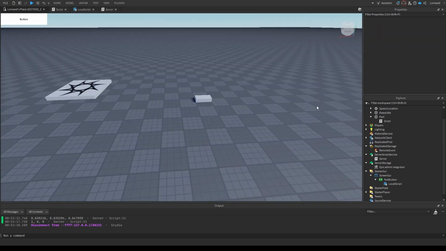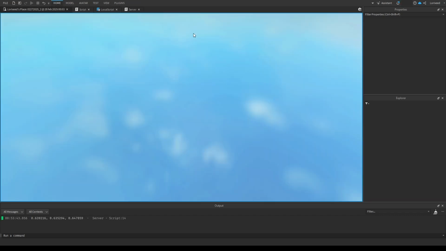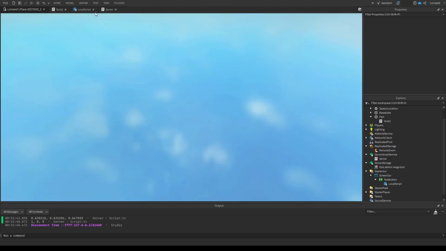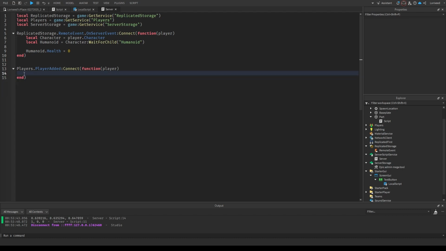Either way, this is a bad way to do it, because usually what you want to do is clone it. So local epic tool equals this clone, and then epic tool dot parent equals player dot backpack. And you know, it might work now too. No, it still doesn't work. Very interesting. That might be because it's trying to clone it into the player before we actually load in. And a way to fix that is to do